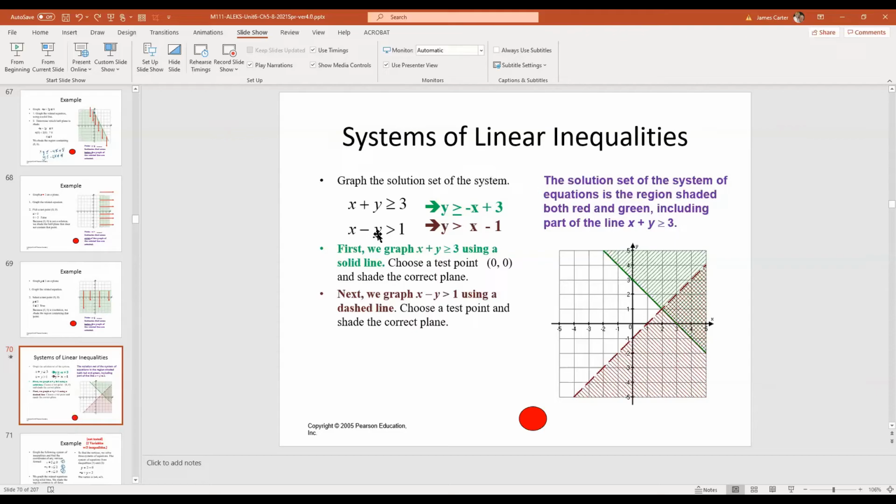Now I go to the second equation. I'm going to graph it. -1 is my y-intercept, and I'm going to go up 1 over 1, up 1 over 1, up 1 over 1, up 1 over 1. They chose fairly simple equations to demonstrate this with. Now, because this is a greater than symbol, not an or equal, I have to use a dashed line, because I have a positive slope. I'm going left to right uphill. Now, because this is greater, then